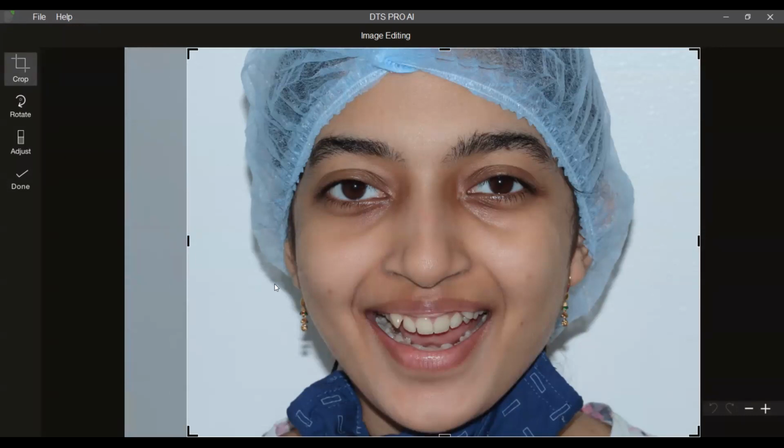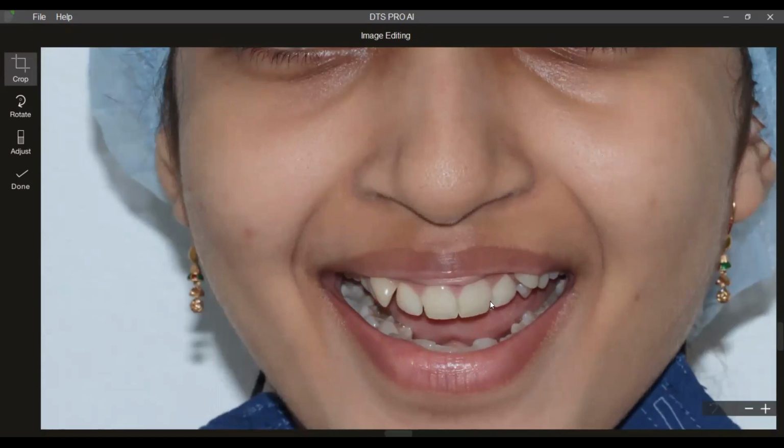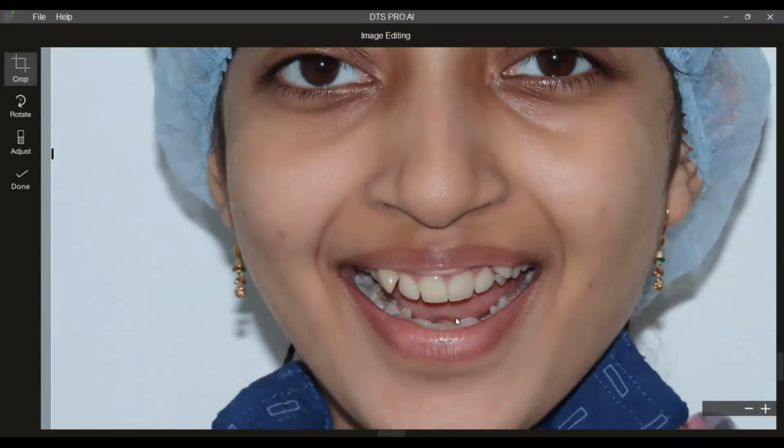Some points about shooting an image which I want to emphasize right now is, it doesn't matter whether we are using an SLR camera or whether we are using a mobile phone to shoot the image. For example, this image has been shot using a mobile phone. The only prerequisite that we always suggest and request is to have an interincisal space. So whenever you are simulating, say for example, if you want to simulate only for the upper jaw, you can individually simulate the upper jaw without having to touch the lower teeth or without having an overlap with the lower teeth, right? So I repeat here, the only prerequisite that we suggest is to have an open mouth position.